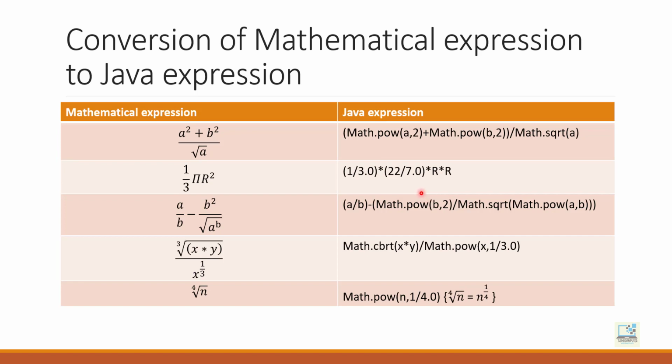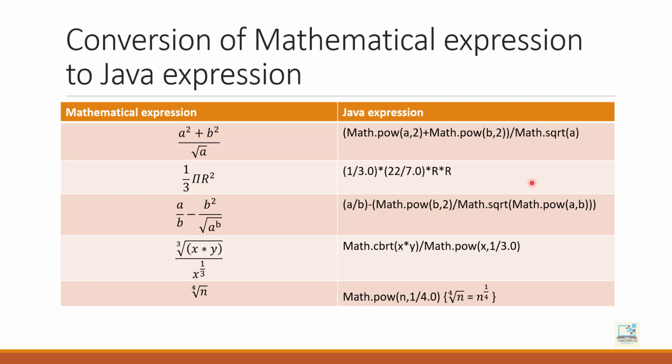The reason I have explained in my previous video, this is because of type conversion. If both of the values are integer, then the result will come in integer. For example, if I write 1 by 3, and if I don't write 1 by 3.0, then in that case 1 by 3 will give me 0. It will not give me the exact value, it will give me 0. That is why I need to write 1 by 3.0, so that one of the operands is double. Then the result will come in double because of the implicit type conversion.